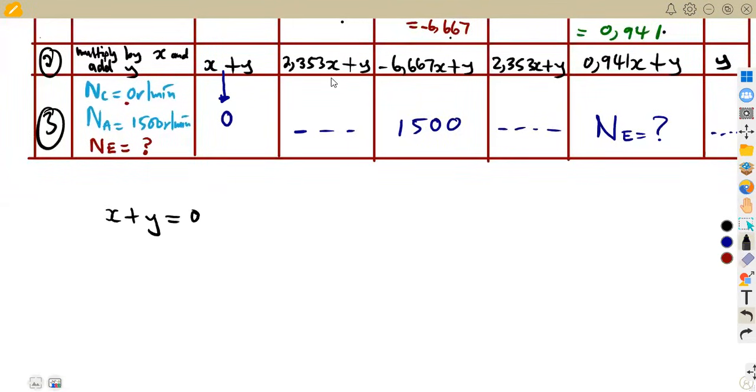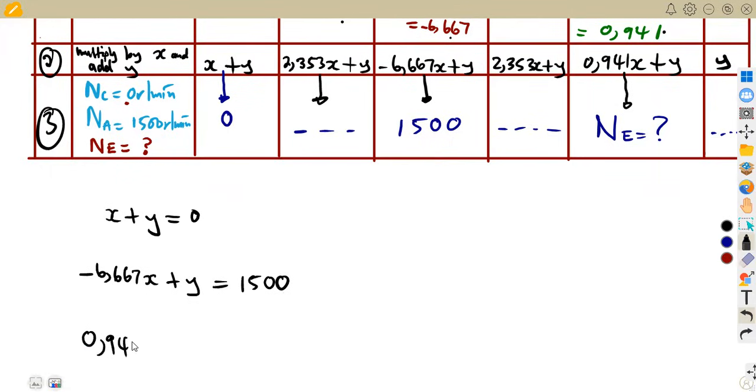We have formed an equation. Here, there's nothing that we're going to equate. Here we are going to equate to 1,500. So negative 6,667x plus y should be equal to 1,500. Then here also we're going to have 0.941x plus y in this case, which is supposed to be equal to the speed of E, which is the